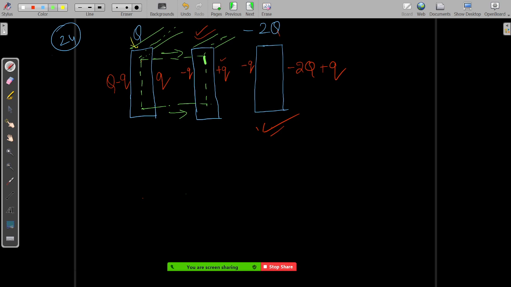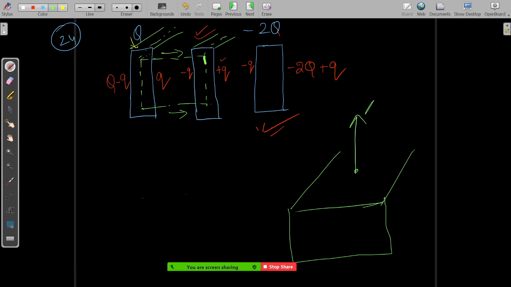Now the thing is, the upper surface of the Gaussian surface. So basically the Gaussian surface has an upper surface also. So the electric field, the Gaussian surface, this is the delta S direction, the area vector direction perpendicular to the surface, and the electric field is either in this direction or in this direction.